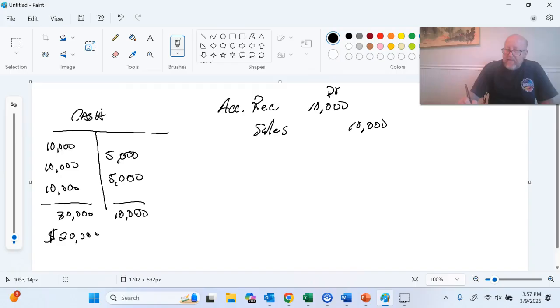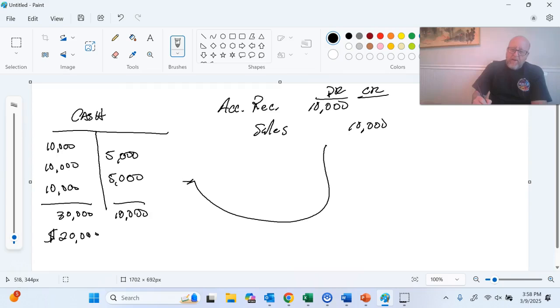It could be the case that your client sends you the money directly to your bank. And so you're not aware of the instances when your bank collects cash for you on your behalf. And so there could be $10,000 sitting in your bank that you're not aware of that currently isn't recorded in